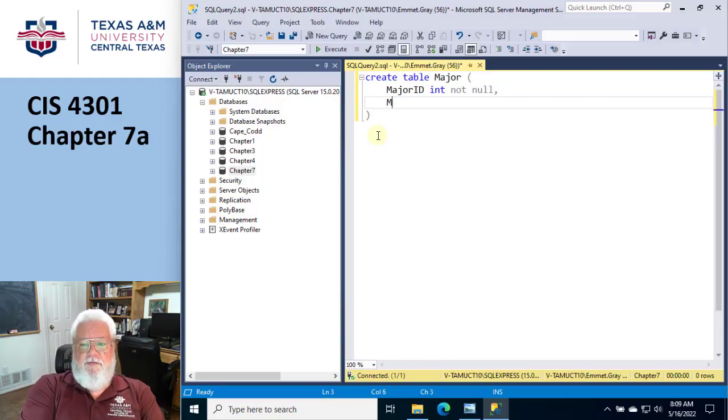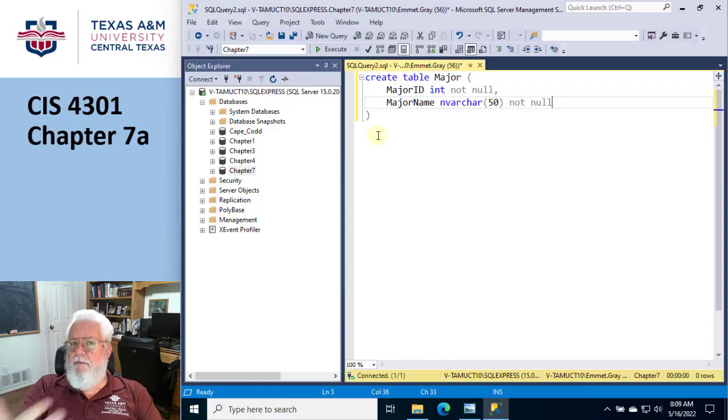What is the description or something? So I'm going to say major name. It's going to be an nvarchar, and I have no idea. How about, I don't know, 30, 50, something, 50. And then not null. Now this should look very similar to what we did in Chapter 6 when we put